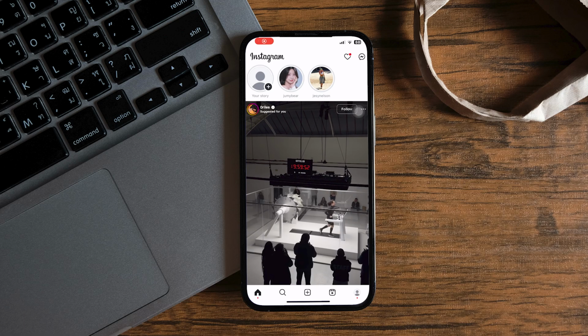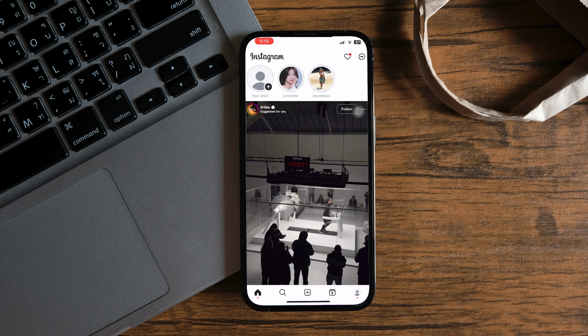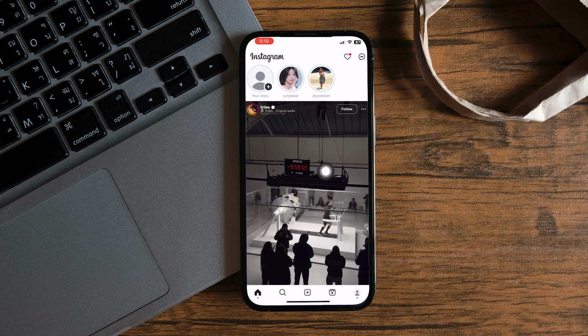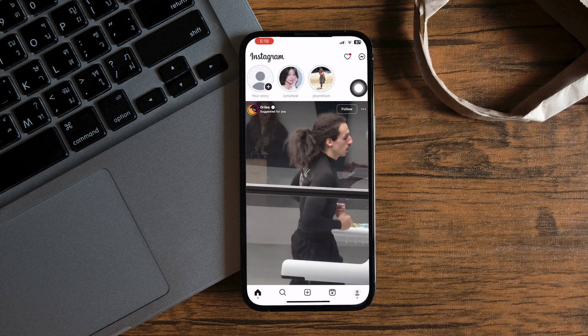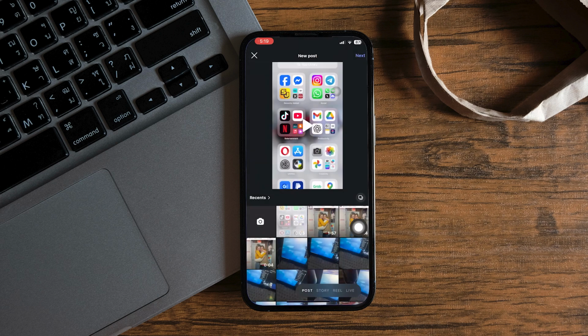How to make a reel on Instagram. So here we are on Instagram, and the first thing that we'll do is tap on the plus button, either here on the bottom middle or here on the top left. So we're just going to tap here on the bottom middle, tap here on the plus button, and from here you